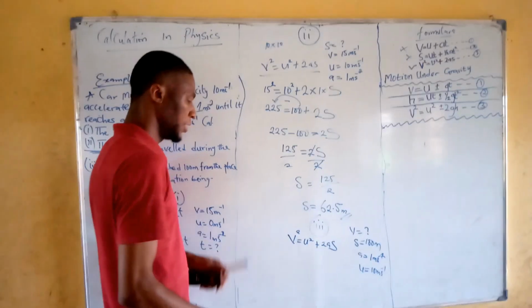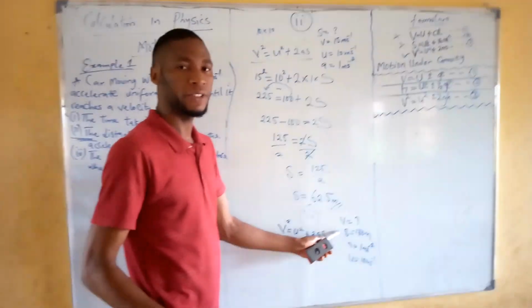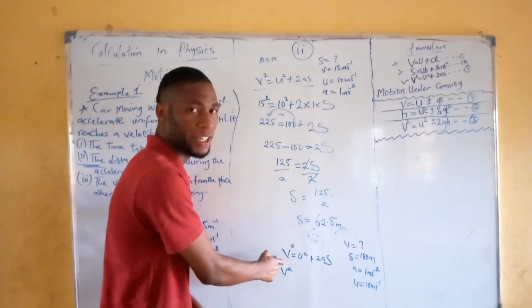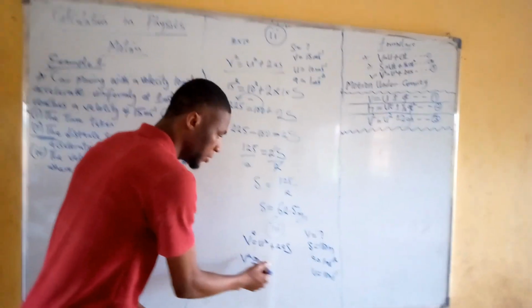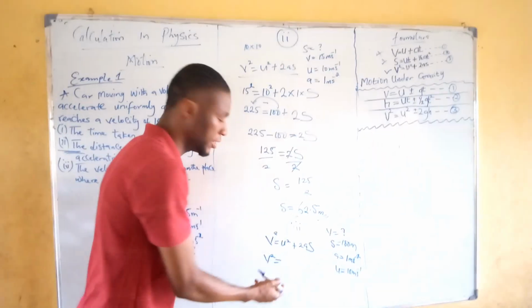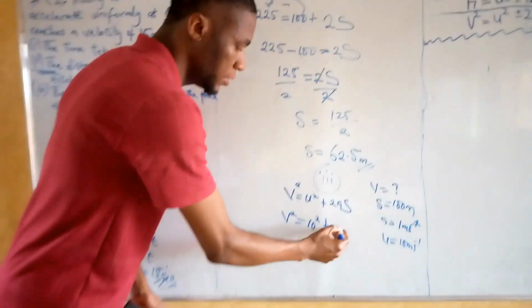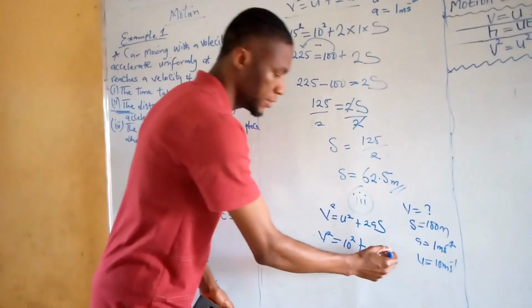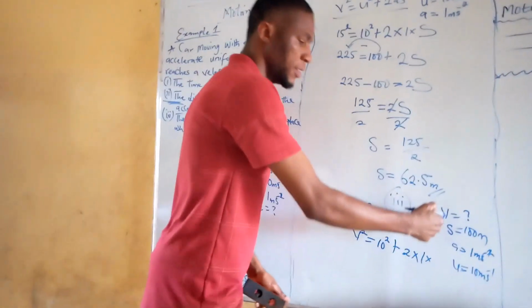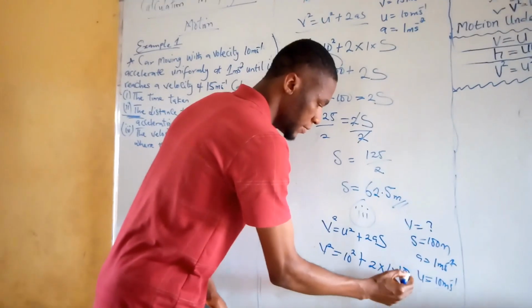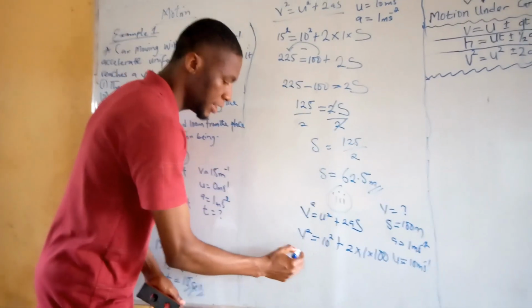because we are looking for the final velocity according to the question. So looking for the final velocity, we now have v square, which is the final velocity, equals u, which is 10 square, plus 2 times 1 times x. They say that x is equal to 100. So we now have v square,